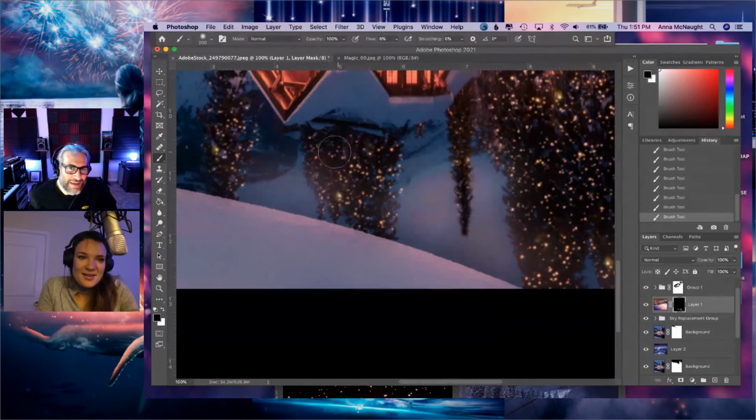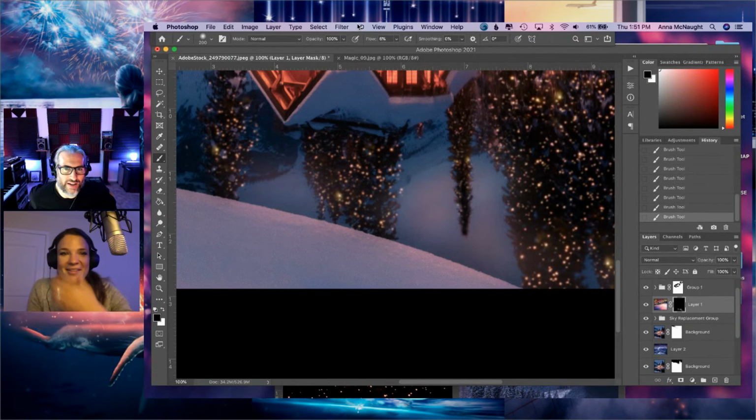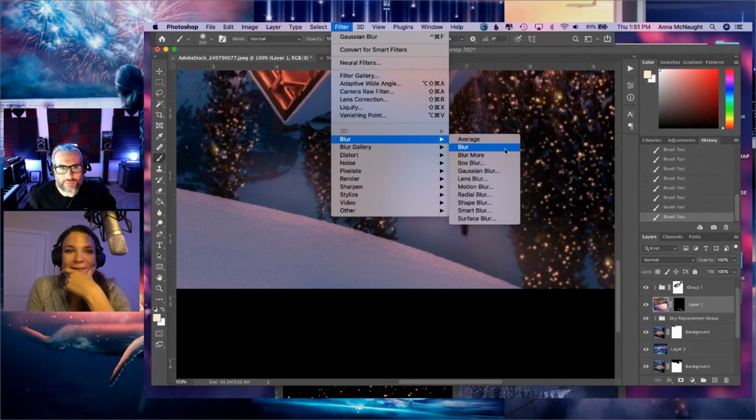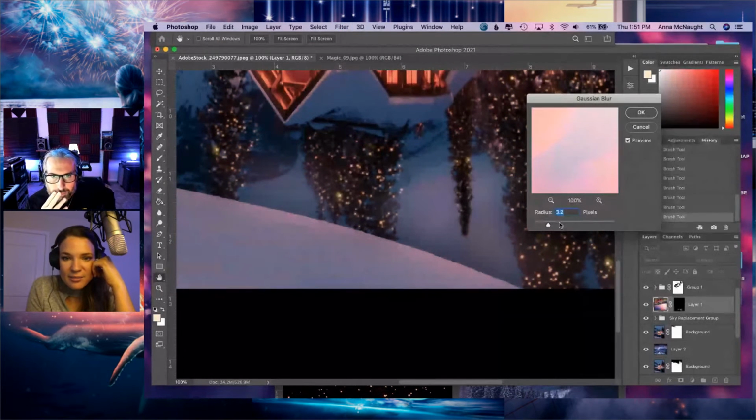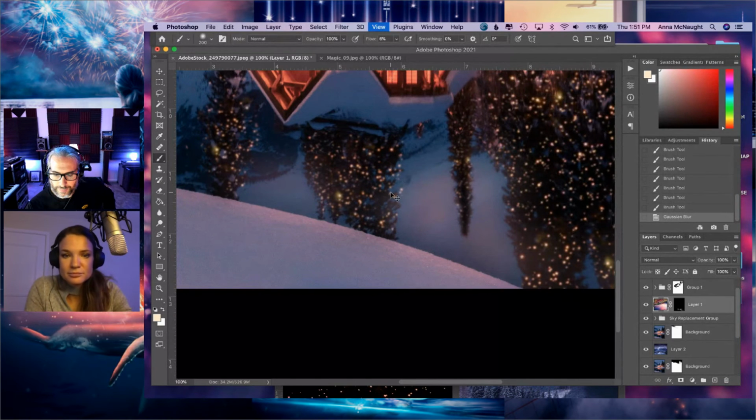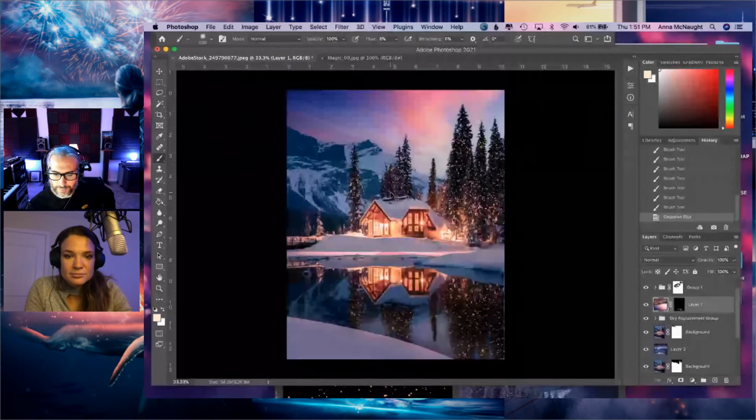That looks amazing. It's again, just a little subtle change right there that brings it home. I'm just gonna do a little Gaussian blur on this, like a tiny bit. Let's see. Oh, not quite there, but looking pretty good.